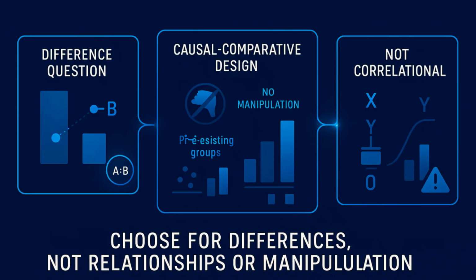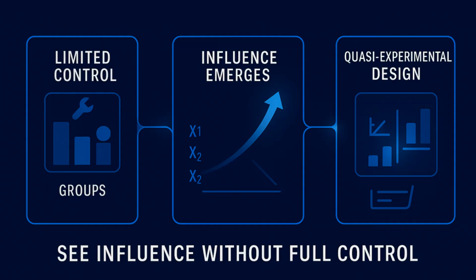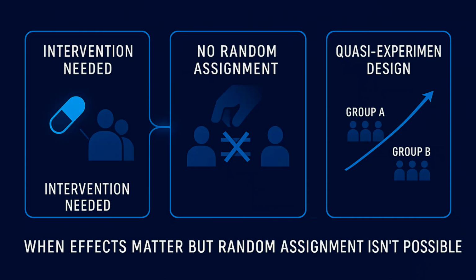Causal-comparative design is chosen instead of correlational work when the question is about differences rather than relationships, and instead of quasi-experimental work when the researcher cannot manipulate or assign conditions. Quasi-experimental design sees influence when control is limited. It appears when the research problem demands understanding the effect of an intervention or condition, but random assignment is not